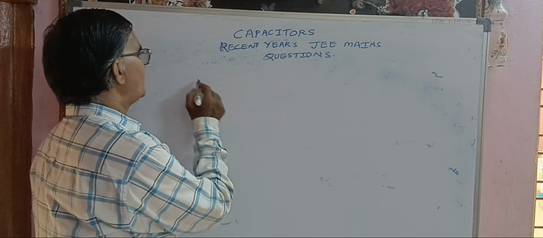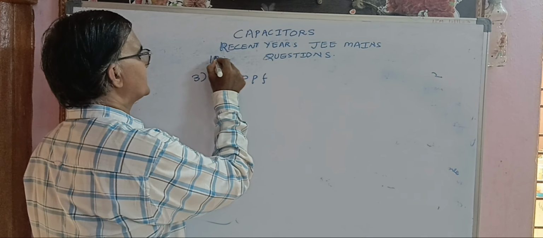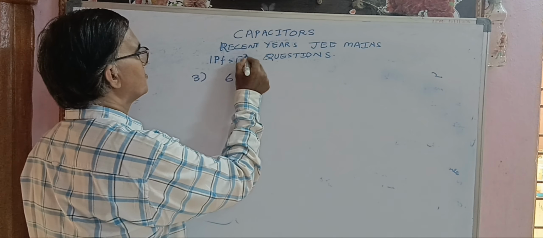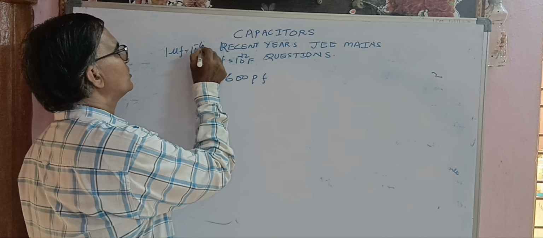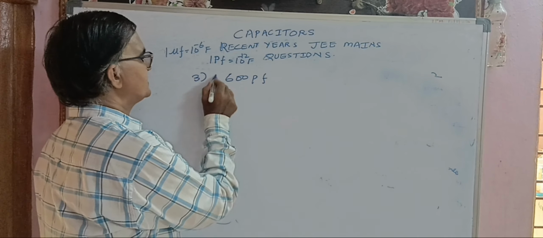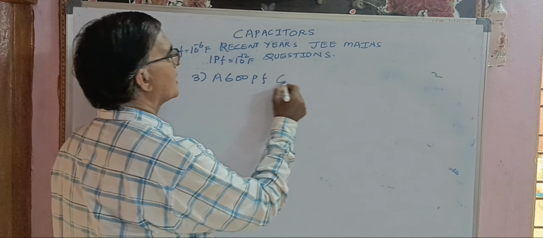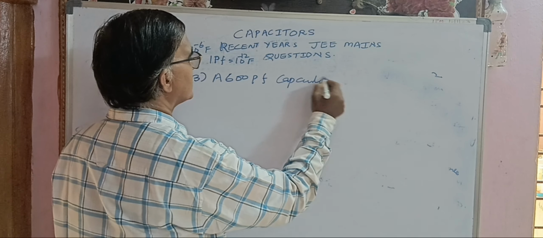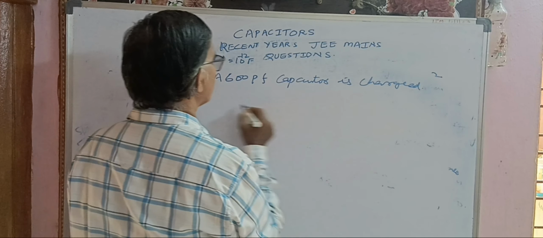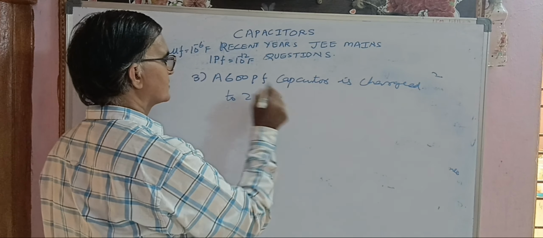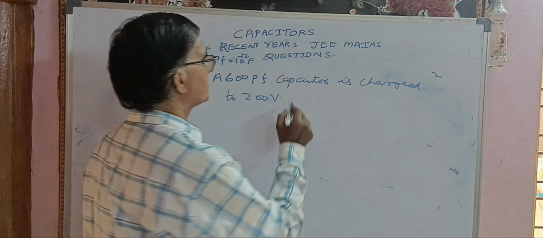A 600 picofarad, pico means 10 to the power of minus 12. Okay. Micro means 10 to the power of minus 6. Do remember this conversion, it is important. A 600 picofarad capacitor is charged to 200 volts supply,